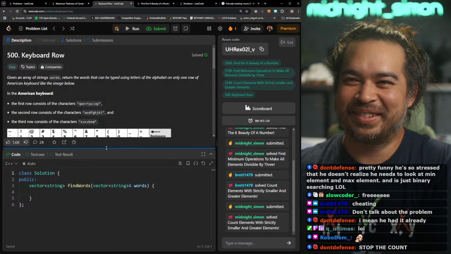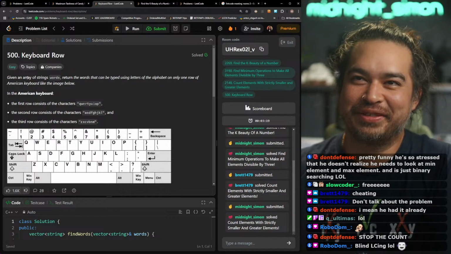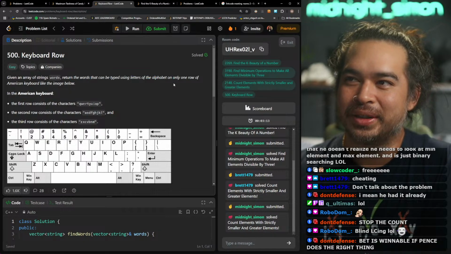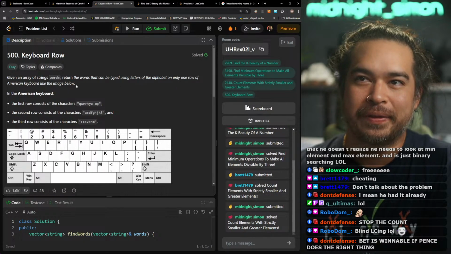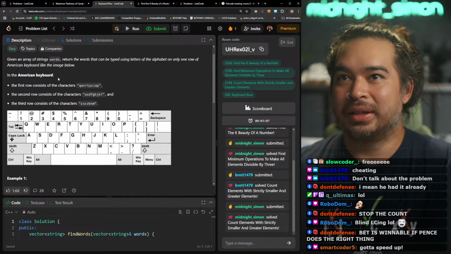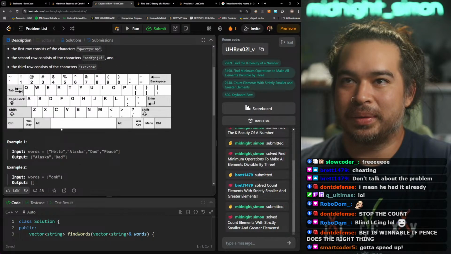Look at that. All right, given an array of strings words, return the words that can be typed using letters of the alphabet on only one row of the American keyboard, like the image below. In the American keyboard, the first row consists of those, second row consists of that, blah, blah, blah.